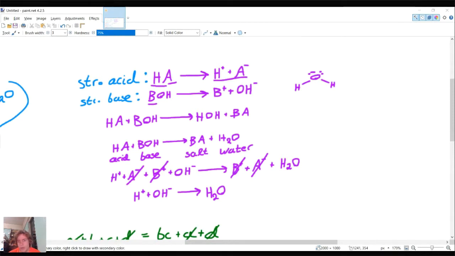Strong base and strong acid. Yeah, but you have to make a distinction there. When we're thinking about a strong acid and a strong base, it's not the entire acid reacting. It's just the hydrogen part of the acid. And same goes for the base. It's not the entire base reacting. It's the hydroxide part of the base, the OH. And that's the whole point of the net ionic equation, is we're omitting the parts of the acids and bases that don't actually react with anything. Does that make sense?